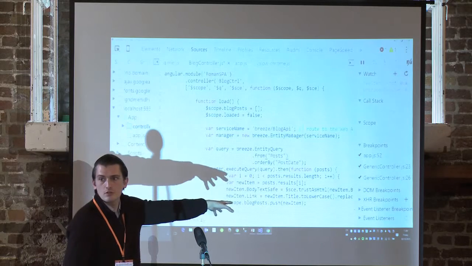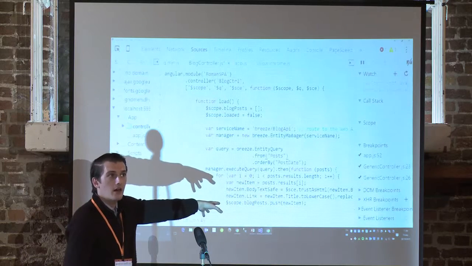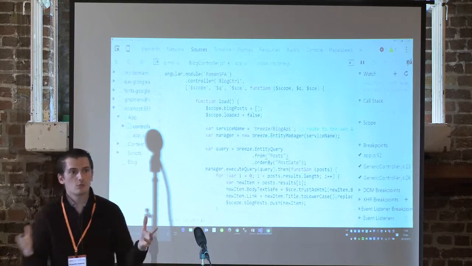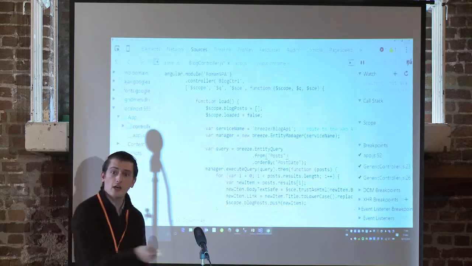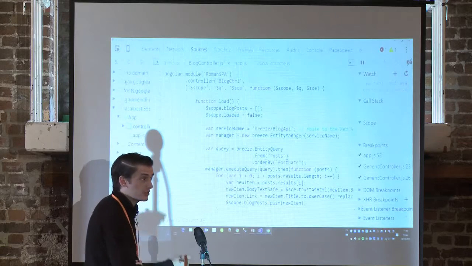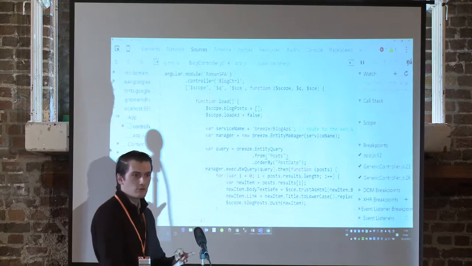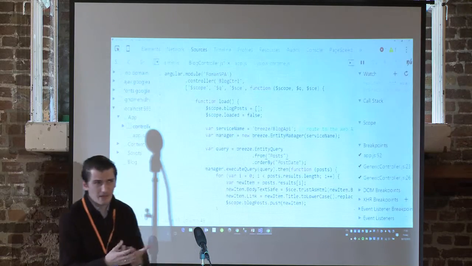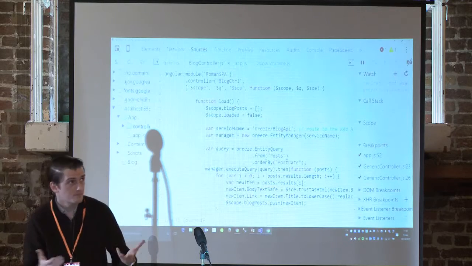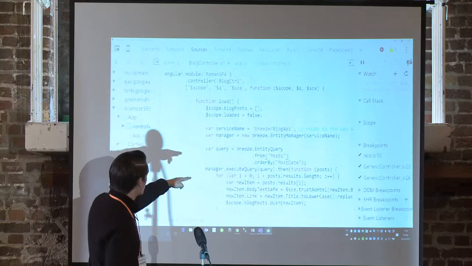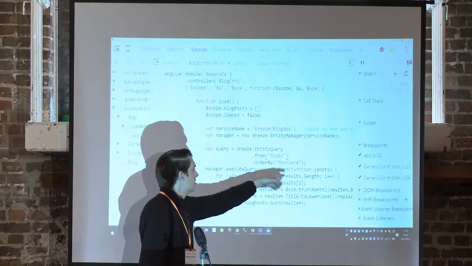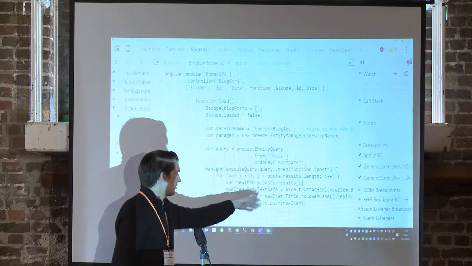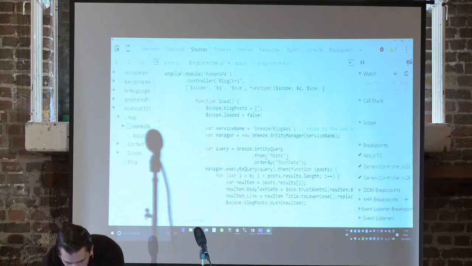Who's familiar with JavaScript promises? Most people, okay. So a JavaScript promise is basically a function that says, I will do something, but when I finish doing it, I will call back to another function saying, I've either succeeded, or I've failed, or in either state, I've finished my work. So a promise basically has about 3 states. You can add more, but those are the 3 most commonly used. So execute query returns a promise, and then you go, then, once it's done that, which is the code to run next, we then load our posts up, scope.blogposts, and in our view,